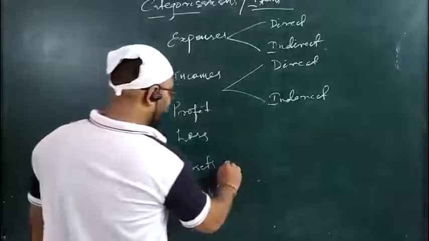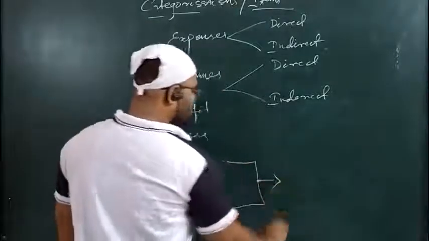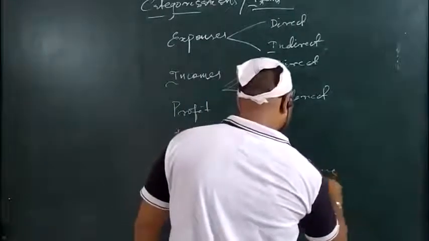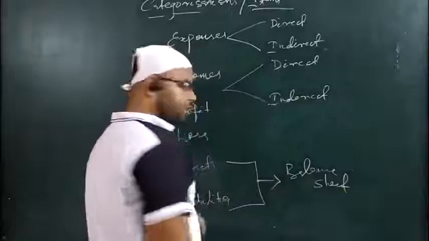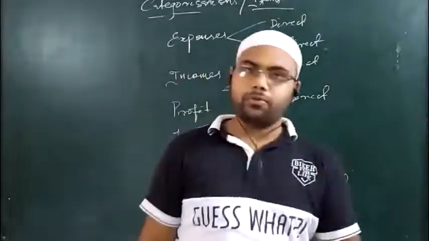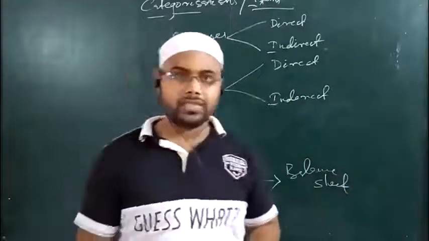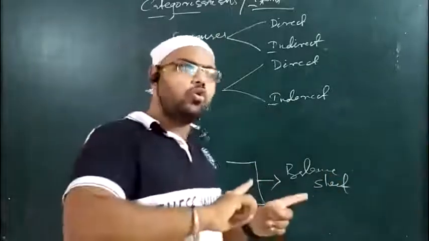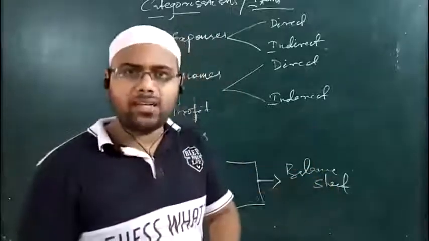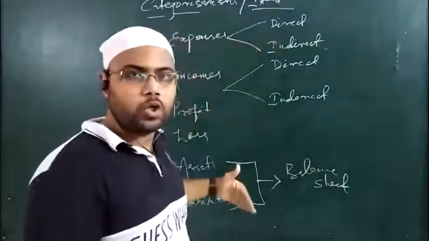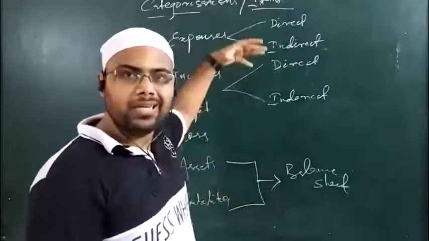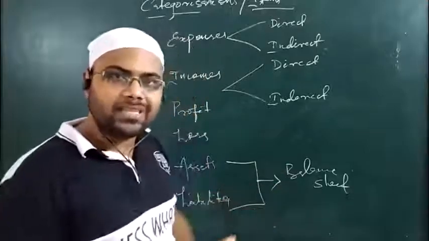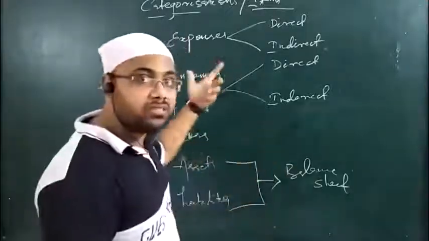Then we have assets and liabilities, which are taken together to the balance sheet, which is called a position statement. Okay. And the categorization of assets and liabilities I have also told you. If you want, I will tell it again also. So see, these are the 6 categorizations of the items that exist in the business organization. There is no other transaction or any sort of item that exists outside of these 6 categorizations. Okay, so this is the area where the transactions come into it. And no transaction or item is out of these 6 categorizations.